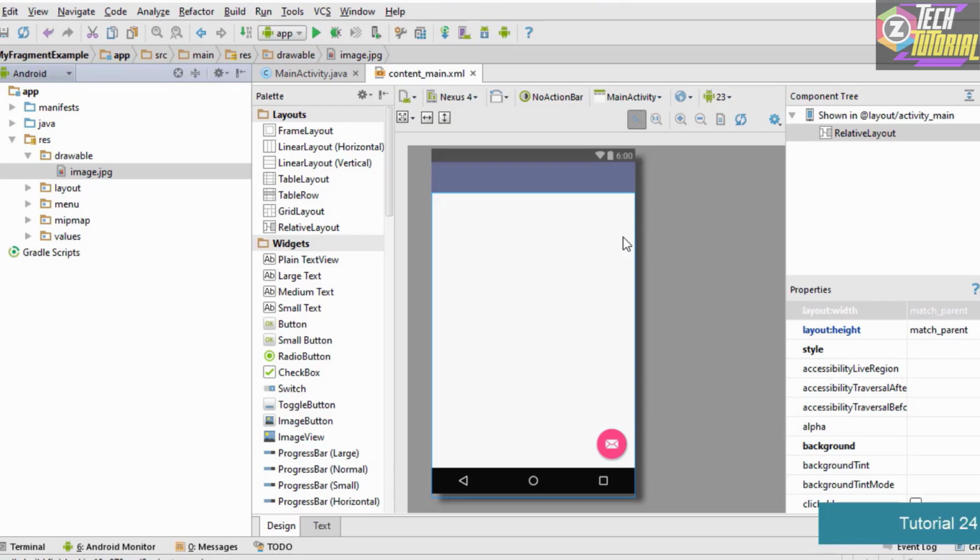Hello and welcome to this tutorial. In this tutorial we'll be finally learning how we could create fragments and how we could add them onto the activity screen. In the previous tutorial we imported an image into our Android project, and importing an image into Android is extremely simple. The only thing you need to take care of is that you import the image into the drawable folder, because each and every image we are going to use is contained in the drawable folder. Now in this tutorial we'll be learning how to create the fragments.